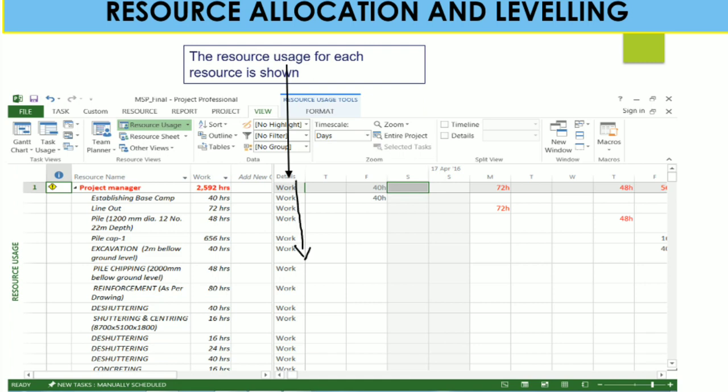For a particular project manager, this kind of activity should be done in these particular hours, and all these details are under work. Earlier we saw work, cost and material in Microsoft Project; you can select that type of detail for a particular resource name.